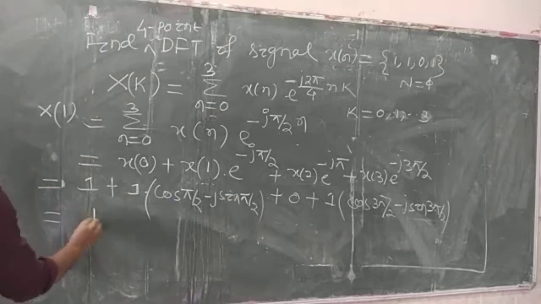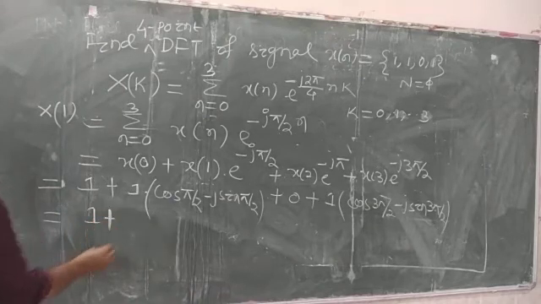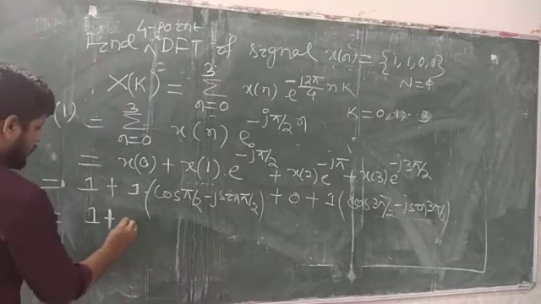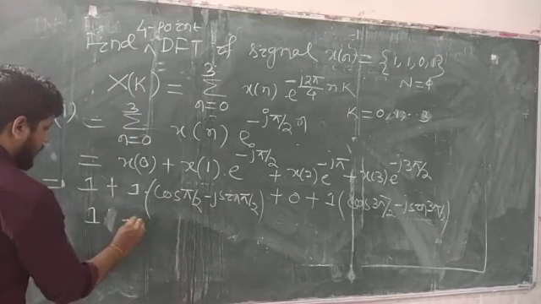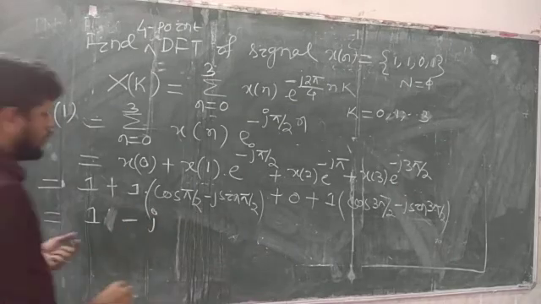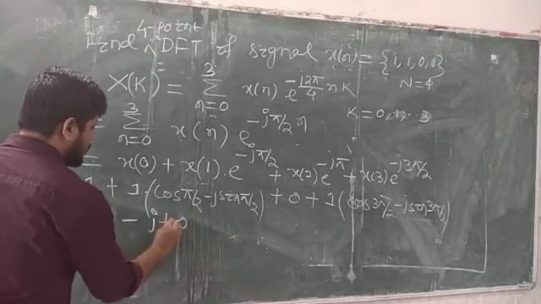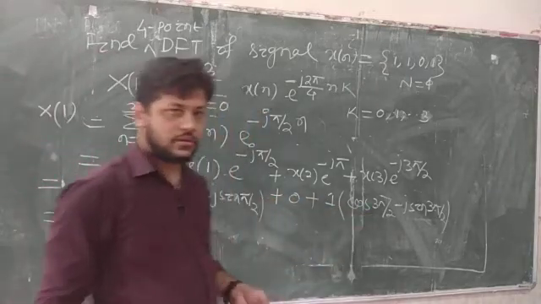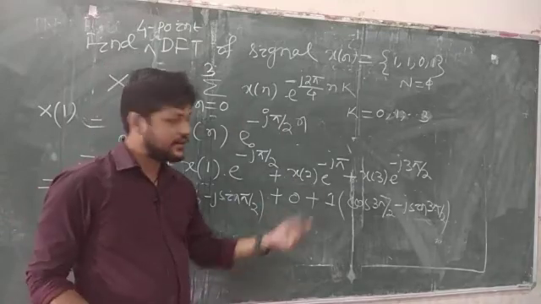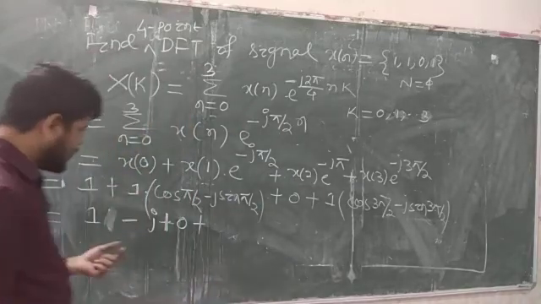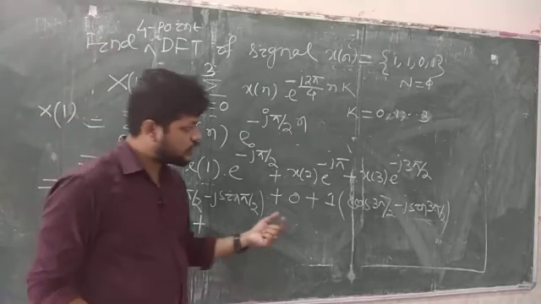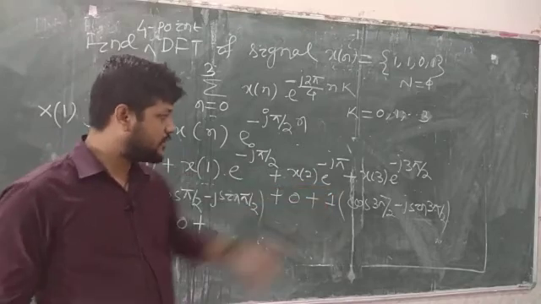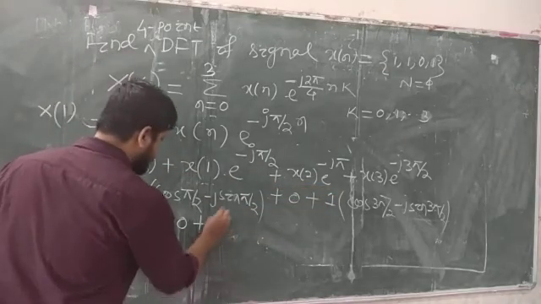So we have here again 1 plus cos pi by 2, value is 0 and sin pi by 2 value is 1. So the whole product will be minus j. So directly I am writing 1 minus j plus 0. Then we have plus cos 3 pi by 2, value is obviously 0, and sin 3 pi by 2 means sin 270, and that value will be minus 1, and that minus 1 into minus j becomes plus j.